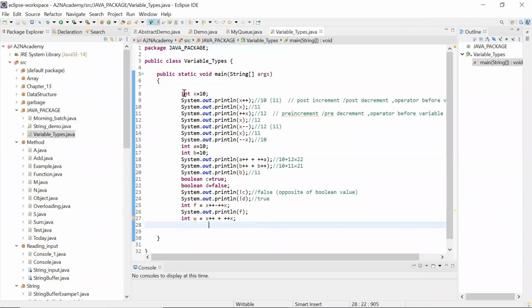Now here what I'm doing, I have shown you that X is here 10, and here I'm doing this operation. This is your post increment, this is X, this is your pre-increment, and like this I have shown you. Similarly, you can see here, I did some more operation. A is equal to 10, B is equal to 10. Now if you perform this operation, what are you going to get? Here you see post increment, right? So it is going to use 10, then it is going to increment the value to 11, then you are going to do pre-increment, so you will get 12, so it will become 22, right? Am I able to clear you? Okay, let me run this and show you.